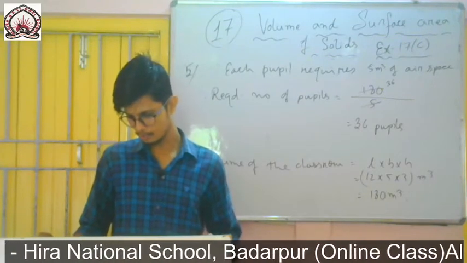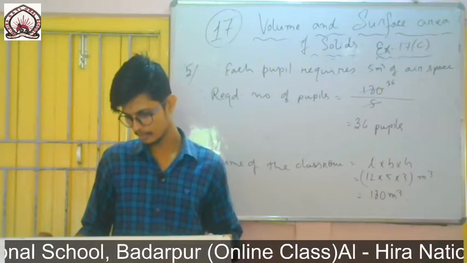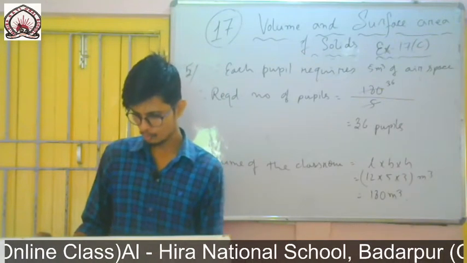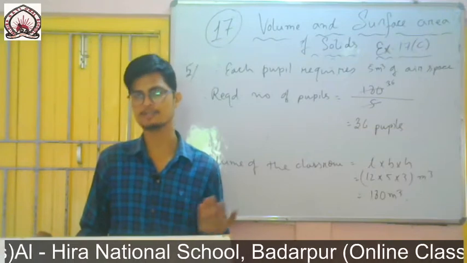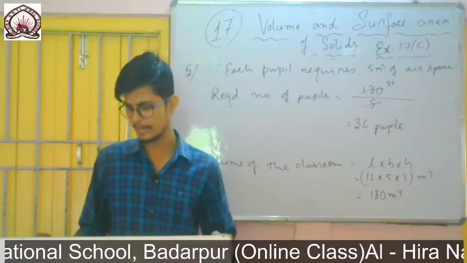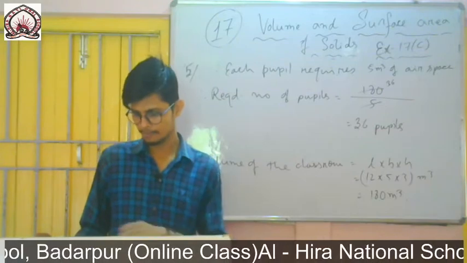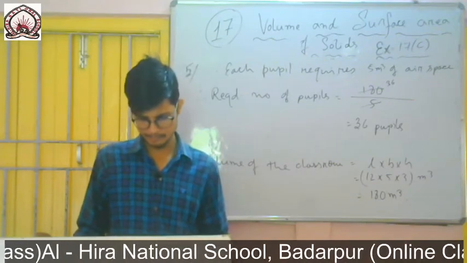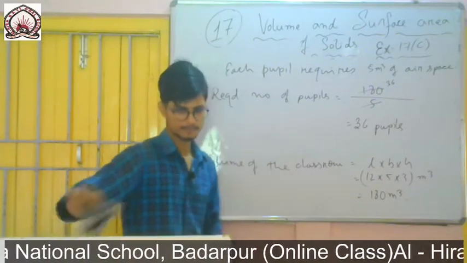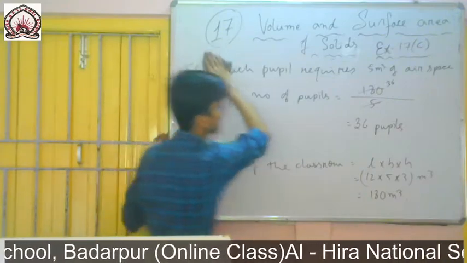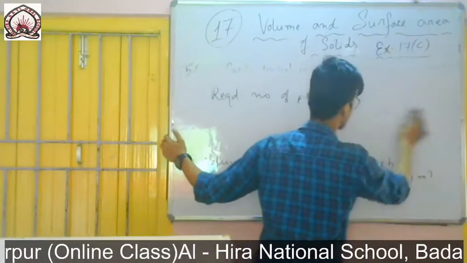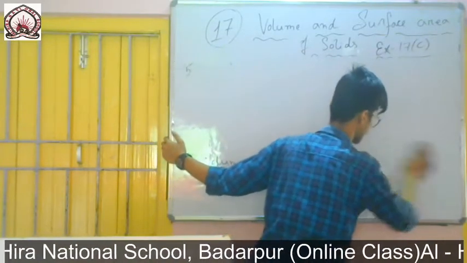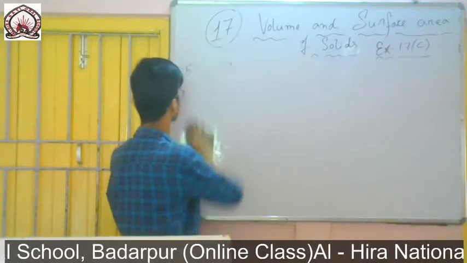How many lead cubes of side 2 centimeter could be made from a lead cube of side 8 centimeter? So two lead cubes are given. One is of side 2 centimeter, another is of side 8 centimeter. So the question is that from the cube of side 8 centimeter, how many lead cubes of side 2 centimeter can be made? So like the same, first of all I will find the volume for each case, then I will divide the side of the 8 centimeter cube by this one, the 2, the bigger cube by the smaller.